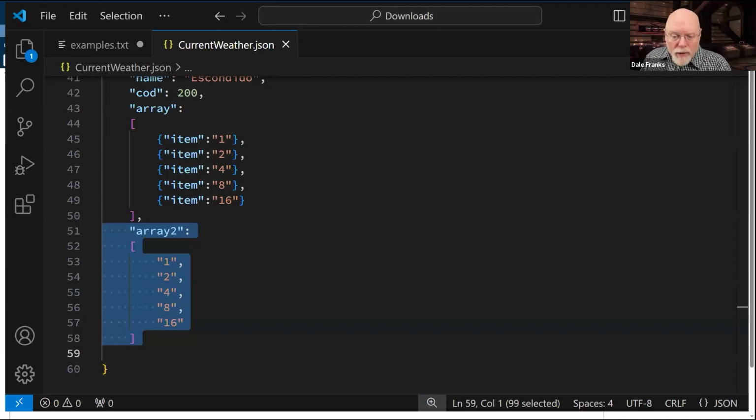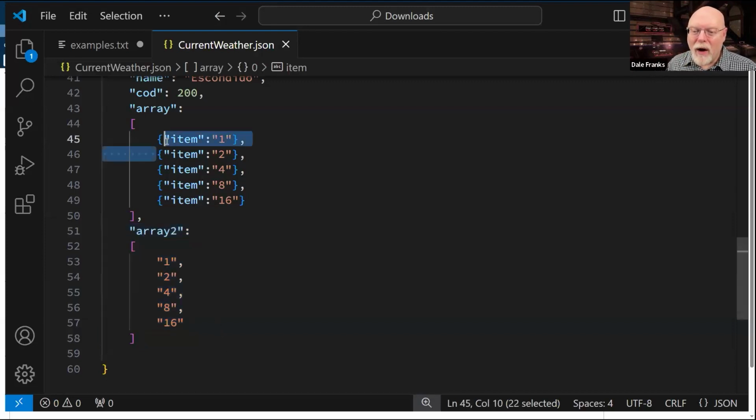On the other hand, with this ability in JSON, with what I'm doing here in array2, the size of array2 is, just in this example, half the size of array1, simply because I am deleting, let's see, let's count them. 1, 2, 3, 1, 2, 3, 4, 5, 6, 7, 8, 9 characters per array item.